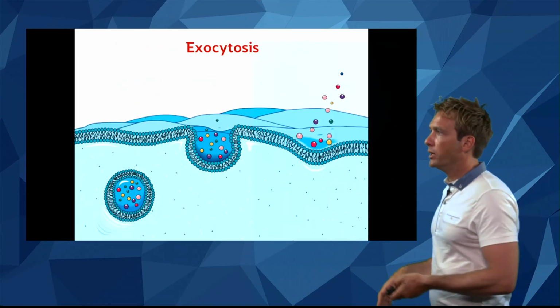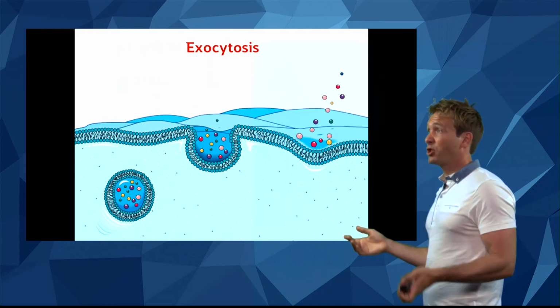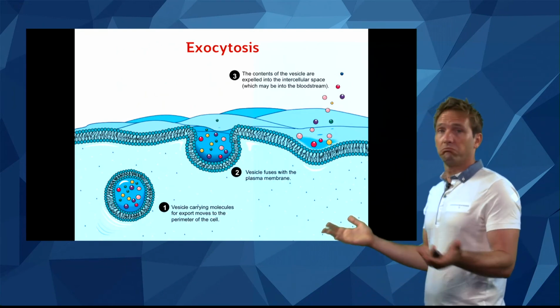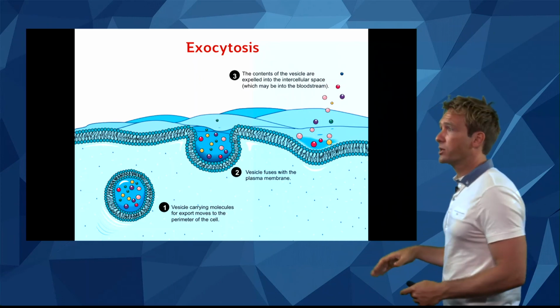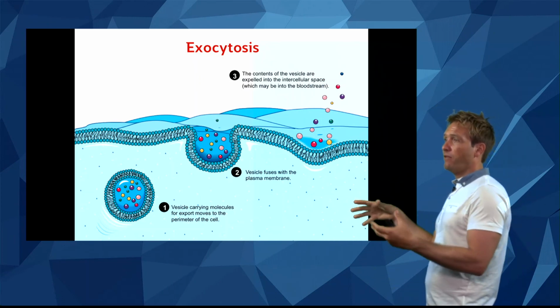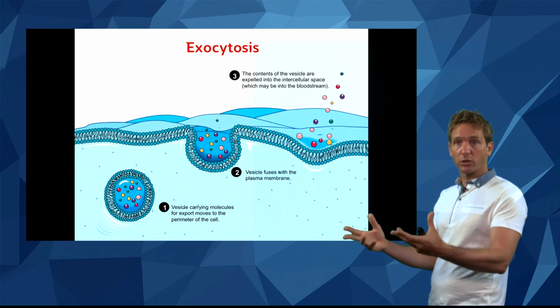So if you can identify the fact that you have exocytosis and the exo is pushing it outwards, endo is pulling it inwards, and this is what it looks like. It's literally the opposite of endocytosis. You've got a vesicle down here. The vesicle has these waste particles or whatever they are,